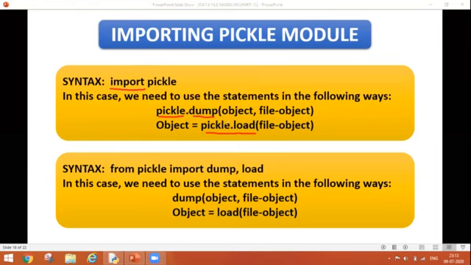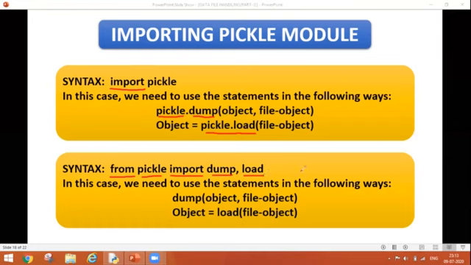The second way is importing the functionality with the help of the from keyword. So from pickle, that means from the main module, I'm going to import the submodules, that is dump and load.